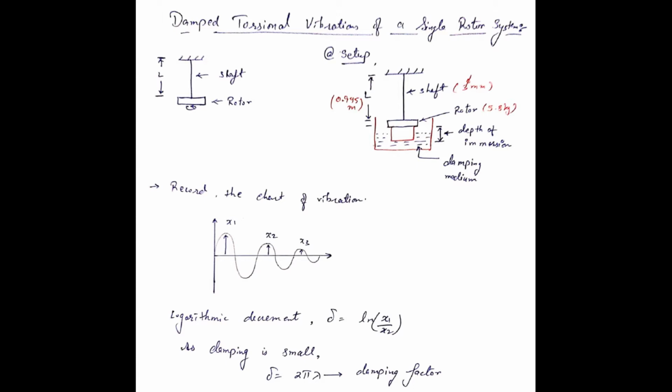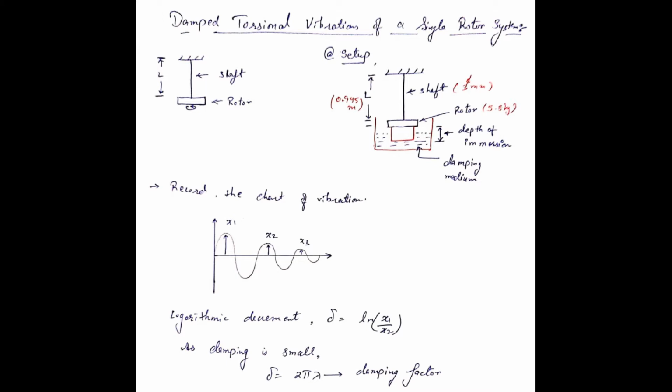Now, if we change the medium from air to water or to oil or to some other viscous fluid, the amount of resistance changes. We have a simple apparatus where we give gentle vibration to the system and test its performance in different mediums. We record a chart of these vibrations and study it.